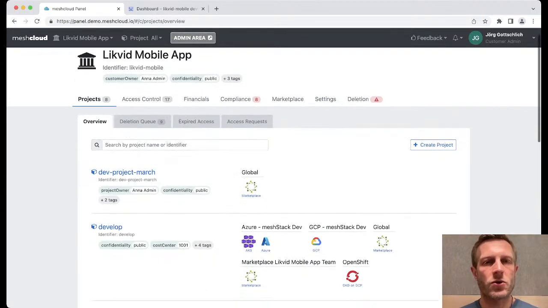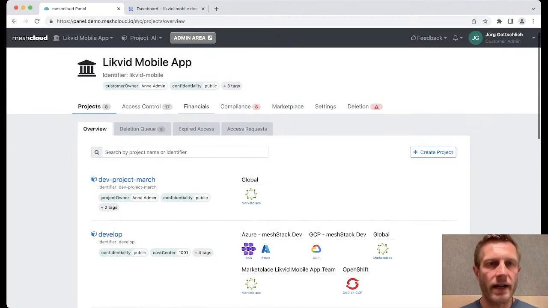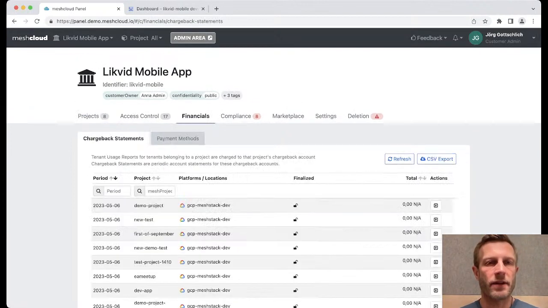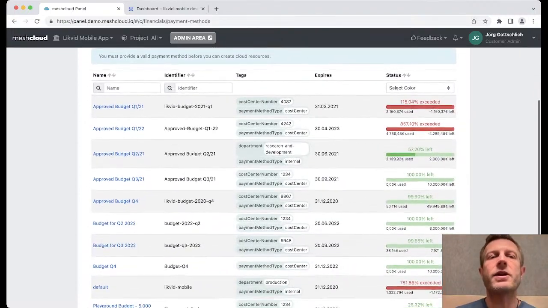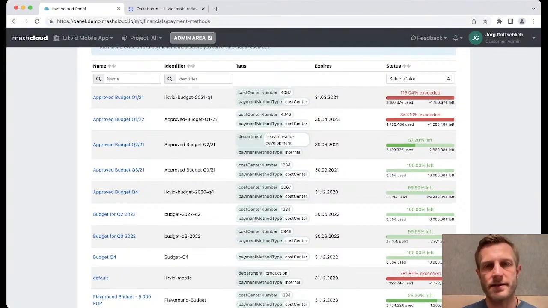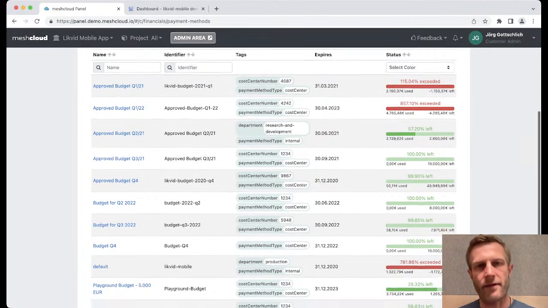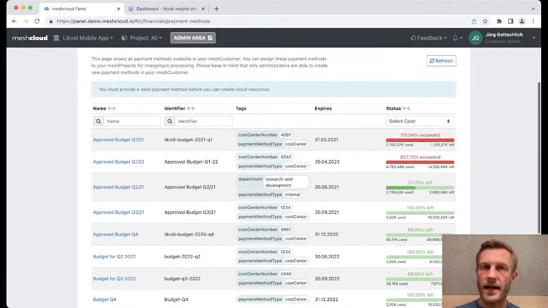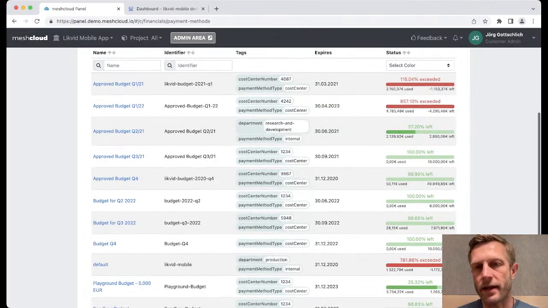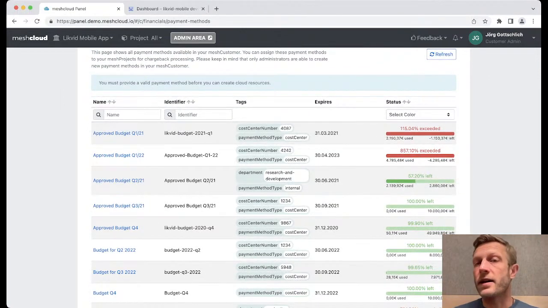So I go to my customer, to my workspace, and look at the financials, and I would like to show you the budgets first, the payment methods. And here you can see all the budgets, like several credit cards I have available, and they can be chosen here to assign to different projects. And you see, okay, some of them are still green and good, and I have enough money left here, but others